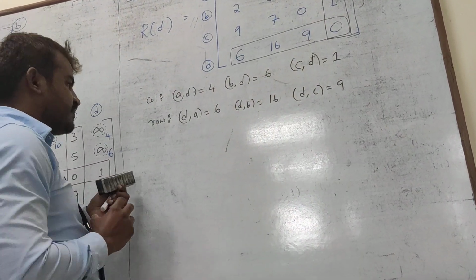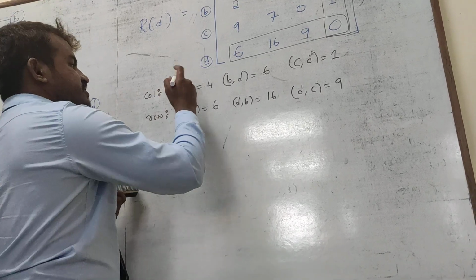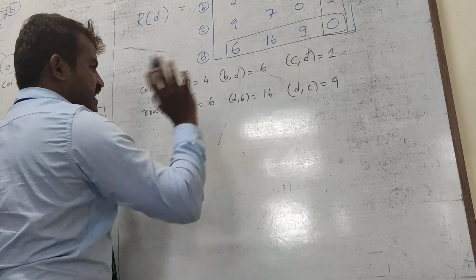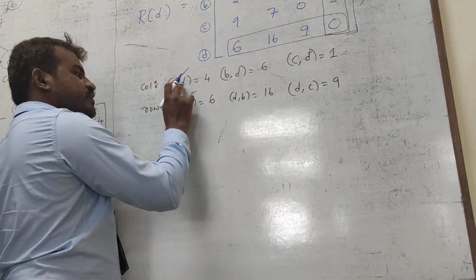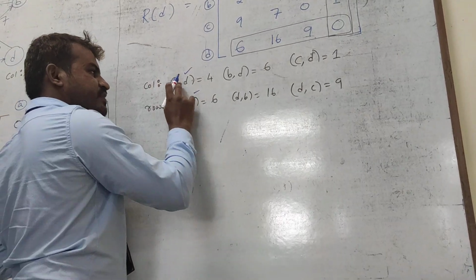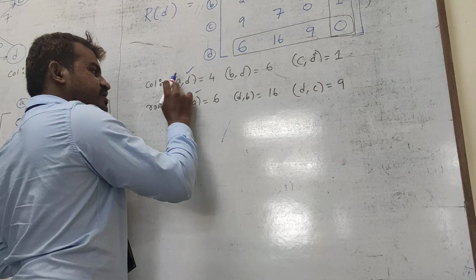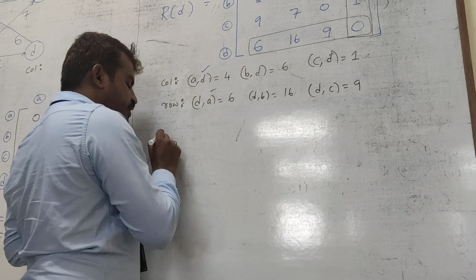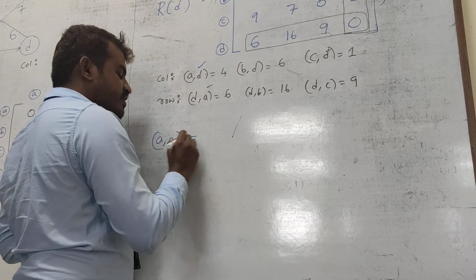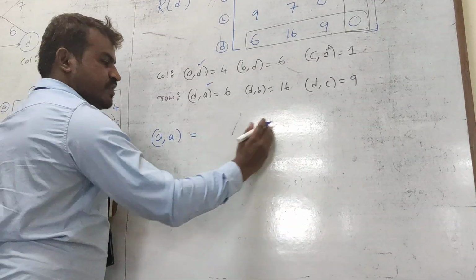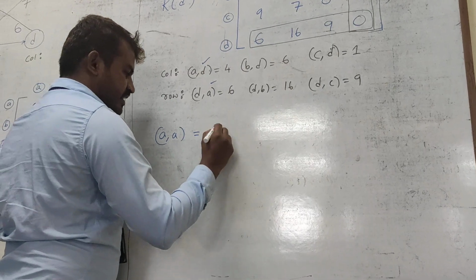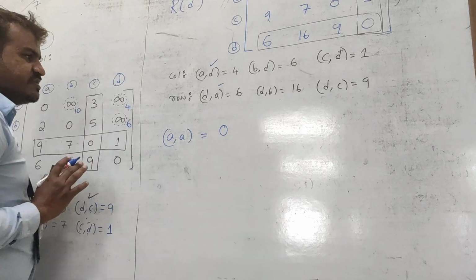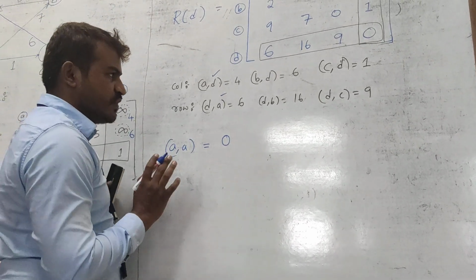Make combinations now. You have to make a combination of this one and this one, then this one and this one, and this one and this one. Like that you have to go. A to D, D to A, consider to be A to A. Earlier I told, when it comes to A to A or B to B or C to C, no need to write the formula or evaluate. Directly write 0, irrespective of that calculation. It comes 0 only.